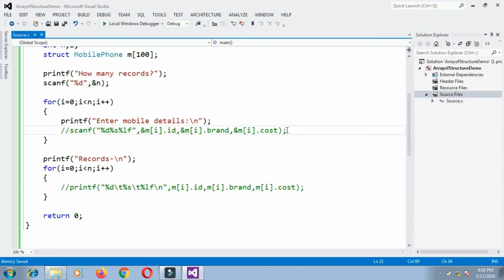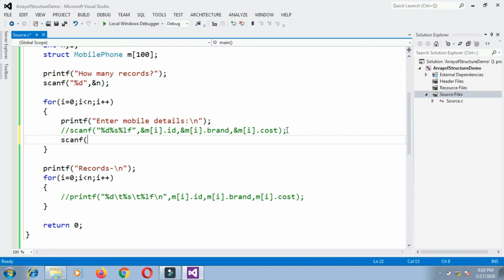So if I want to use pointer notation, the same scanf statement will become something like this: %d, %s, %lf. I will write here comma, then instead of m of I, now m of I will become m plus I, or rather it will become asterisk m plus I. So I told you that for array notation m of I, or for subscript notation m of I, corresponding pointer notation is asterisk inside parenthesis m plus I, and before that ampersand sign.